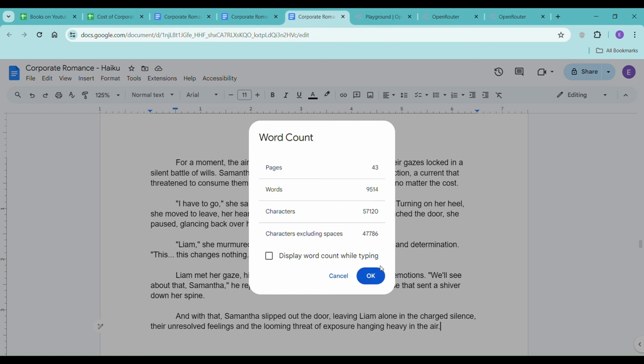Let's see, let me do the math really quick. So we're like 3. Yeah, we're exactly where we need to be, allowing for some to be cut, of course. So 9,500 divided by 3, we're at about 3,100 words.